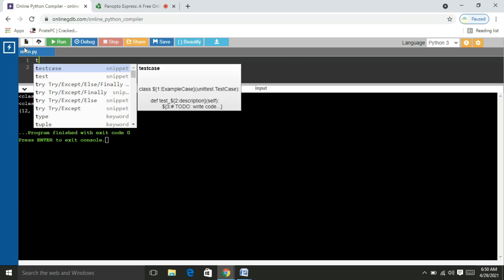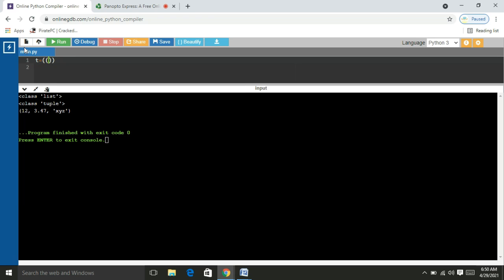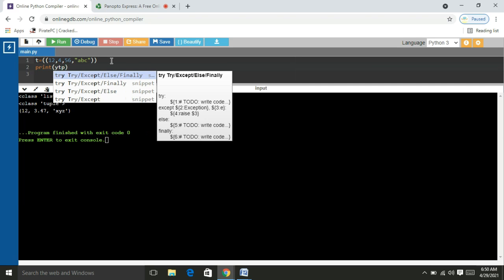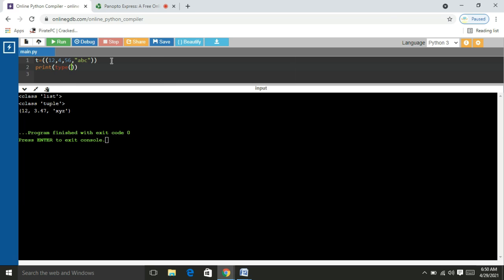Suppose T equal to 12, 4, 56, ABC. Print type of T and print T. We will observe this also. We can create the tuple like that by using parentheses.